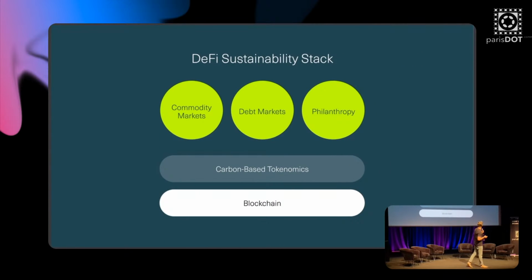So I'm going to be focusing mostly on that first one, commodity markets, carbon. However, just to give you guys a primer of our overall 101. So I mentioned we're building the parachain, on top of which there's going to be some really interesting tokenomics models that are focused, kind of built around carbon. I won't get into the details of that, but stay tuned. We'll be making announcements about that. And